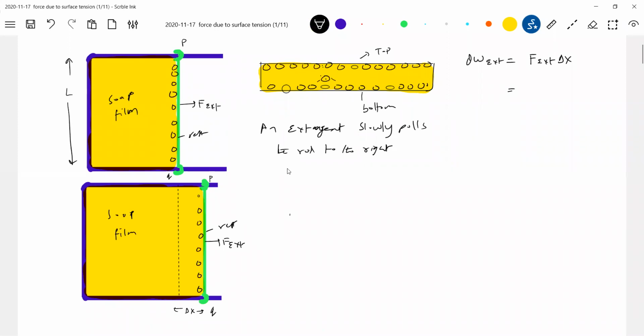Now, what are these bubbles, these circles? They are the molecules on the free surface that are in contact with the rod. The force due to surface tension will not act at one point, it will act at all points, no? This is the force due to surface tension. It will also act here. Am I right?